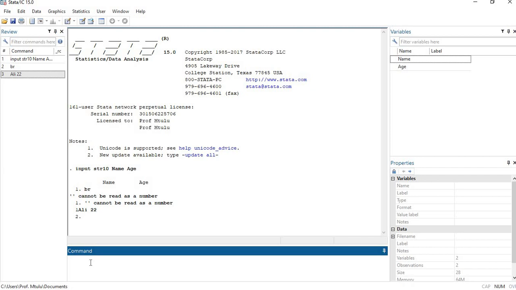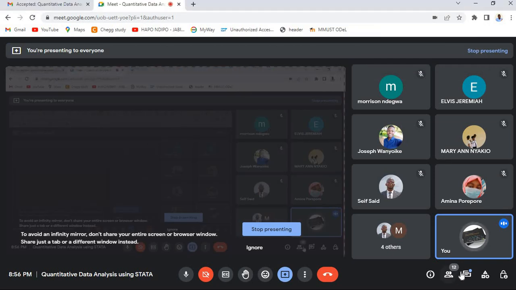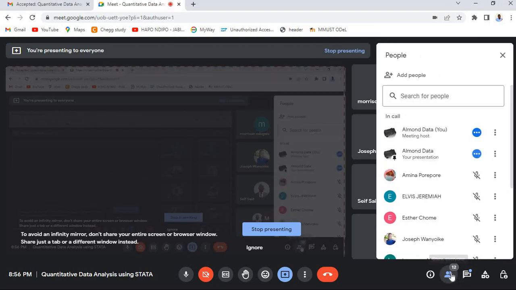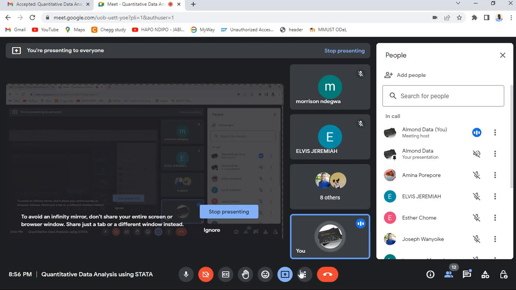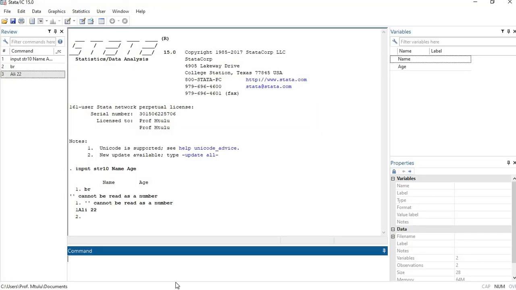Now maybe I have the second. I need to get names from here. So I'll be looking at the list to see who are those people. Okay, I have Amina and Elvis. So I'll come to my STATA. I say Amina,